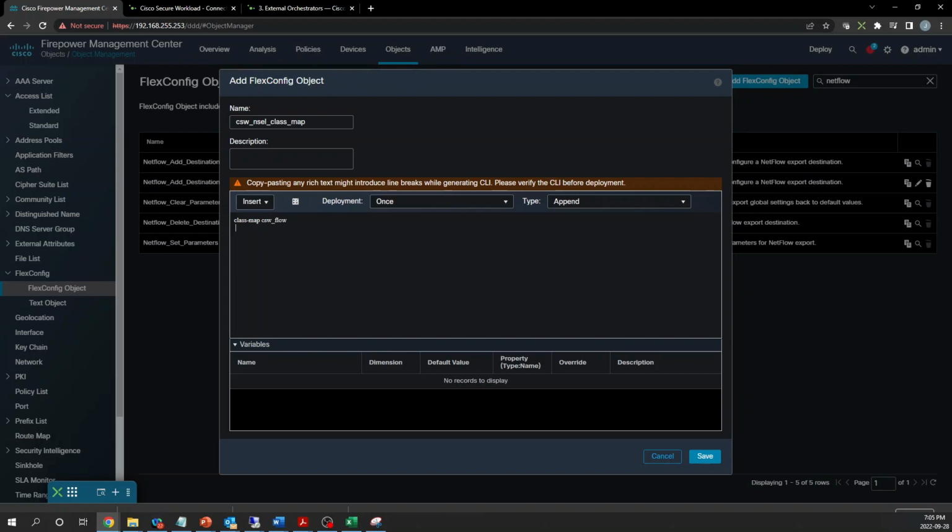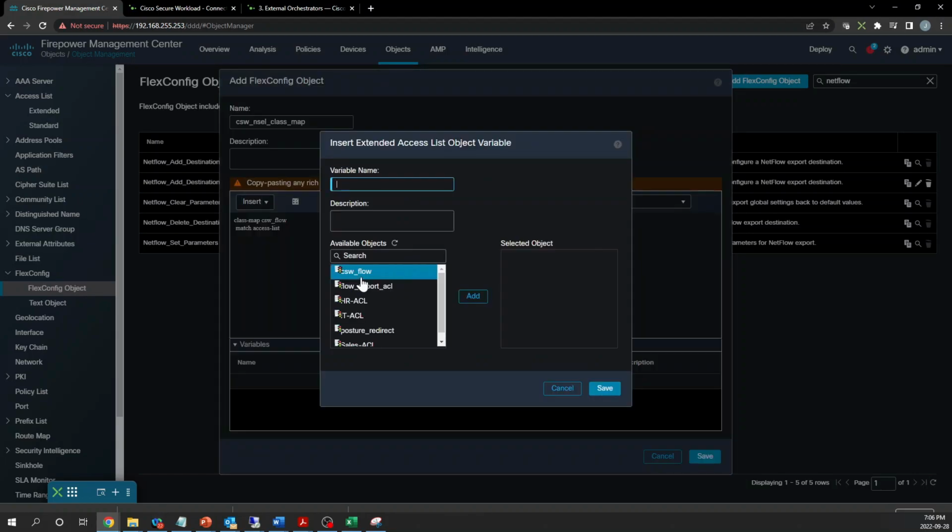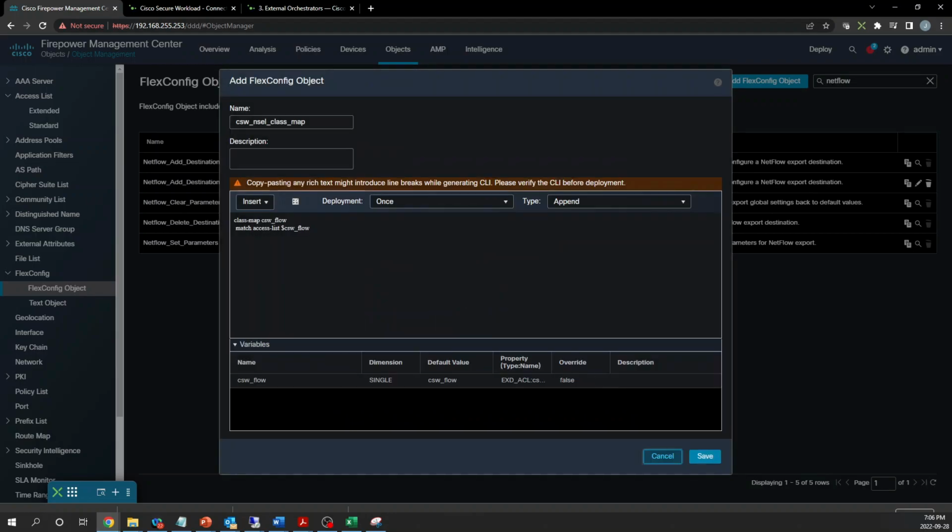Now we'll go ahead and create this class map CSW_flow. And we'll match access list. And we'll go ahead and insert policy object, extended ACL. We'll grab our ACL that we created, but first we'll give it a name. Save that out. And now, because it's referencing a variable, any changes that we make to the ACL obviously already apply here. Okay, let's go ahead and